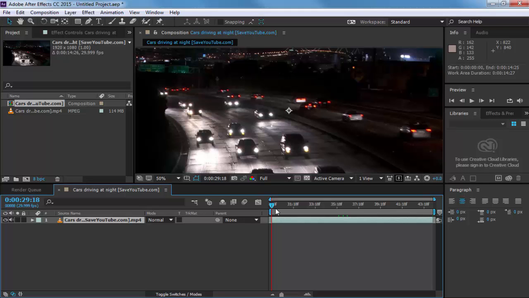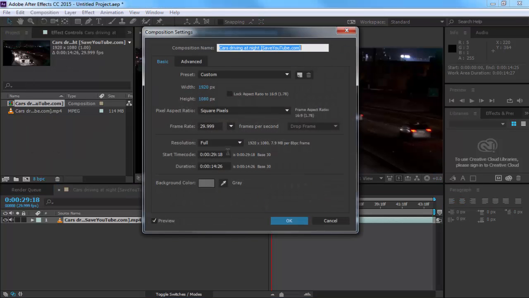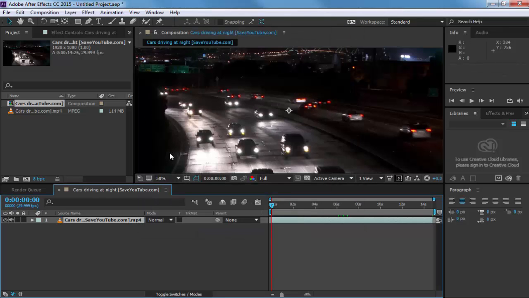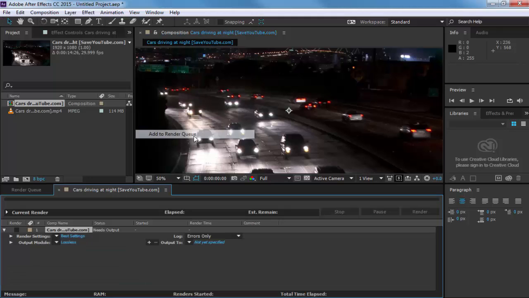For us just playing with this piece of footage and taking it into Nuke, I want to reset this back to 0. So under the composition settings, just reset your start time code to 0. Okay, so once we have that, now we can output this video to a sequence. So file, export, add to render queue,